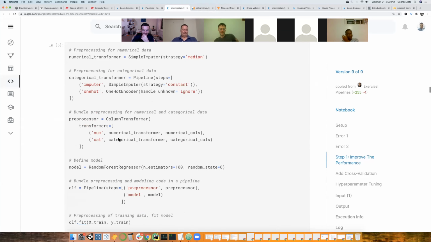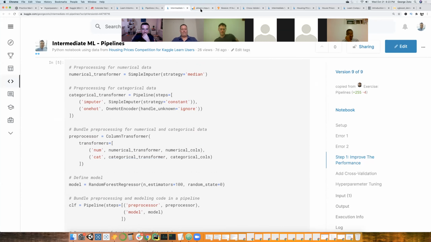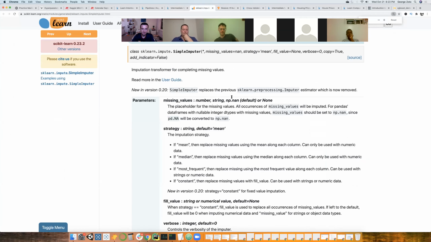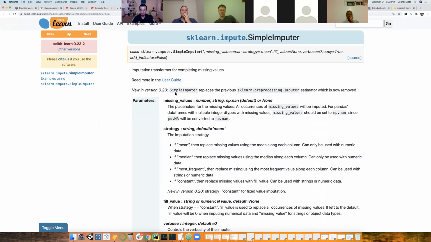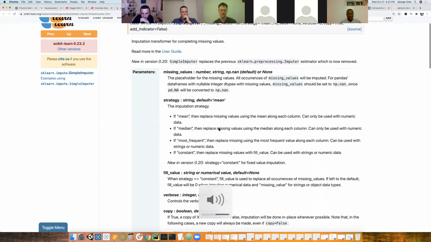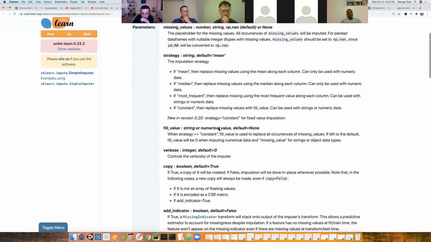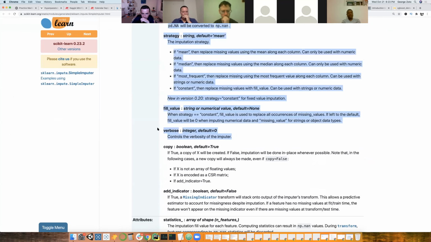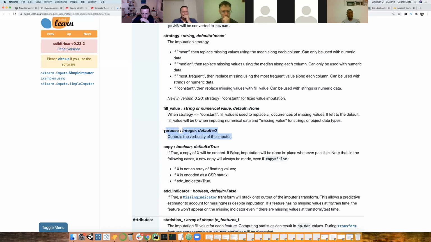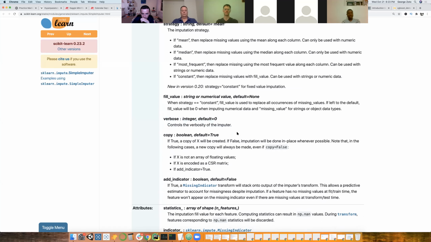Yes. I have a question about the simple imputer. This is just something I noted in my notes from when I did this course like a year and a half ago. I don't know if it's still there, but I was looking at the variables, and one of them is verbose, which they note is an integer. And then the definition, which could have just been from the documentation, controls the verbosity of the imputer. Well, that wasn't very clear to me. So I was wondering if you could explain better what that means, what the verbose means.